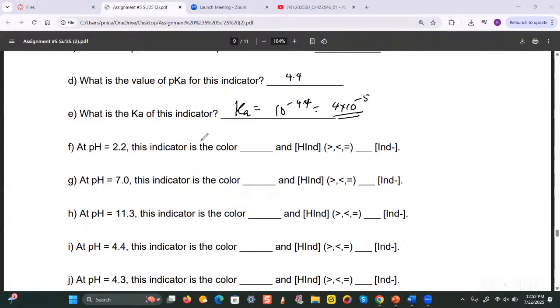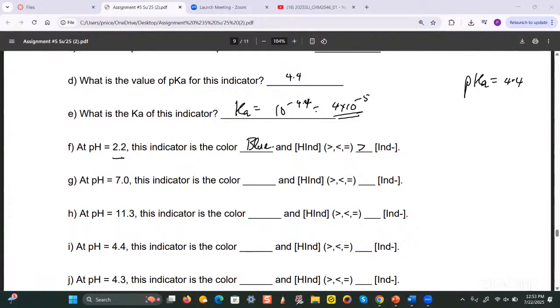What about F? It says at pH 2.2, the indicator is the color blank, and the concentration of the undissociated molecule is either greater than, less than, or equal to the concentration of the conjugate base. So firstly, if the pH is equal to 2.2, what do you expect the color of the indicator to be? The key thing is to compare it to the pKa, which is 4.4. Since 2.2 is less than the pKa, the color is going to be blue, exactly. Which means you have more of the undissociated molecule compared to the conjugate ion. So for this part, the undissociated molecule will be greater in concentration than that of the